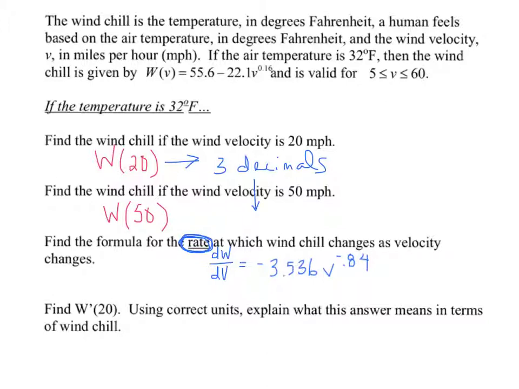Let me just talk about units. Wind chill is in degrees Fahrenheit. Velocity is in miles per hour. So it will be degrees Fahrenheit per mile per hour. And explaining that in context, well, that means that our wind chill, we should say,